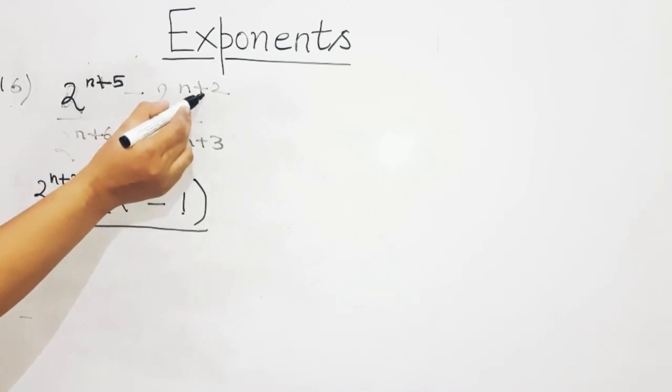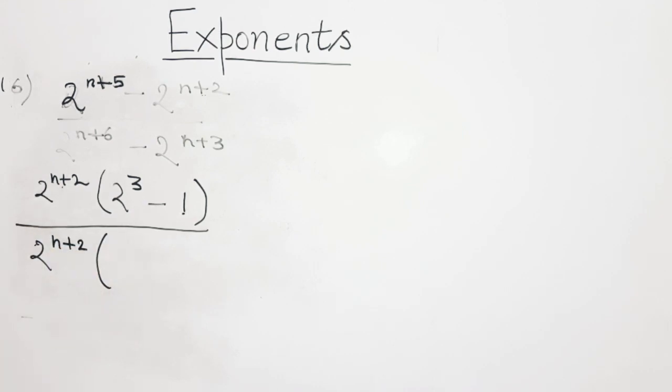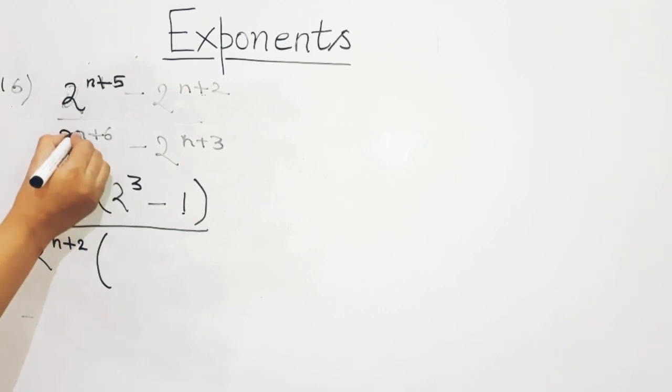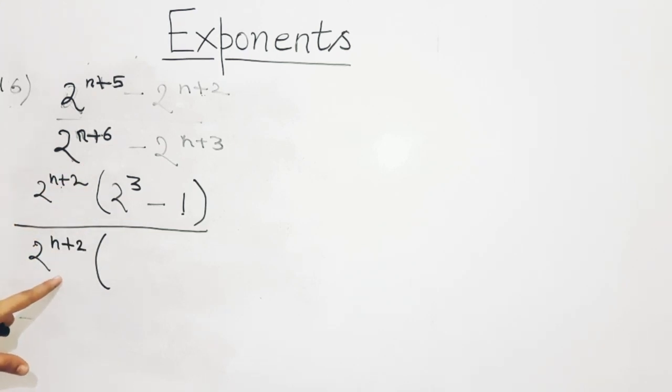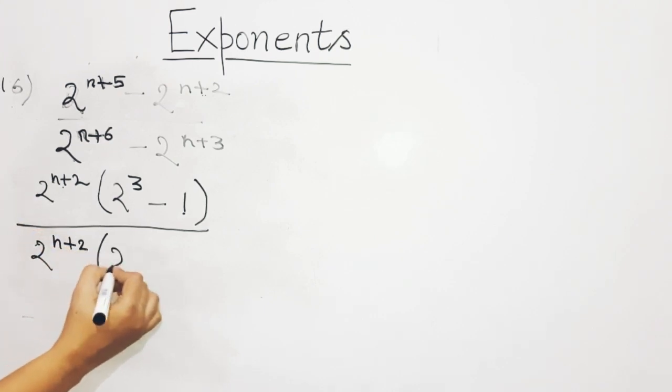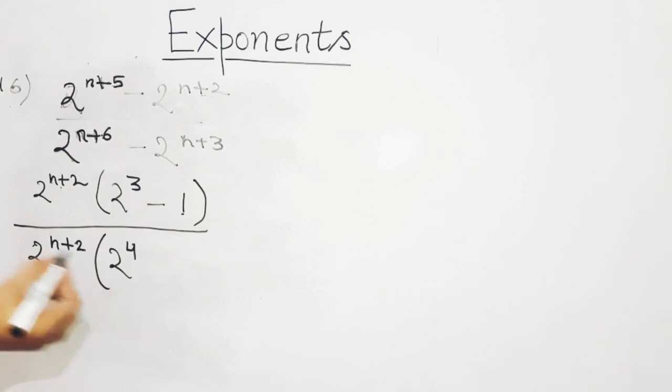Again we have to take 2 to the power of n+2 as common. So 2 to the power of n+2, once I take common from here, तो 2 to the power of n+6 में से अगर आप n+2 निकाल देते हैं तो क्या बचेगा? Please tell me. If you know the answer, you can reply to me in the comment section. 2 to the power of n+6 में से if you are taking out 2 to the power of n+2, what is left? क्या बचेगा आपका? n+2 में जब आप 2 to the power of 4 ऐड करेंगे because 2 + 4 is 6. So 2 to the power of 4 is left over here, right?